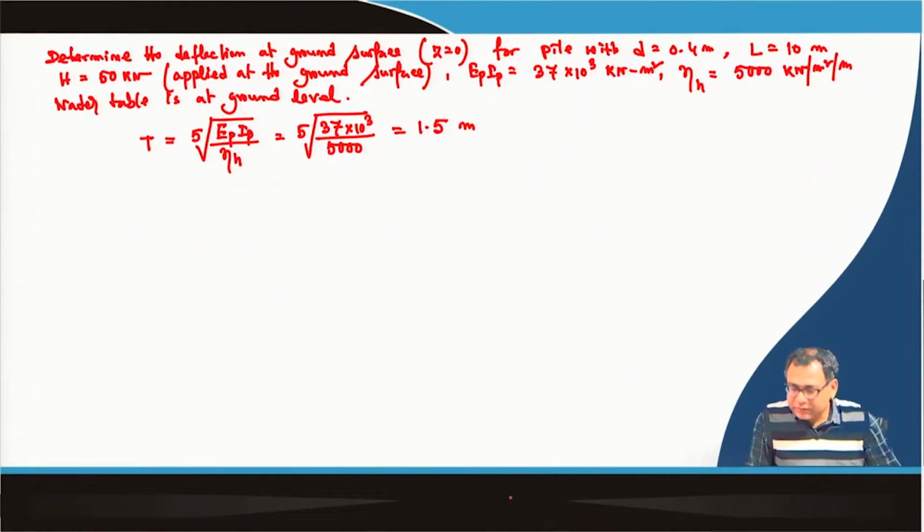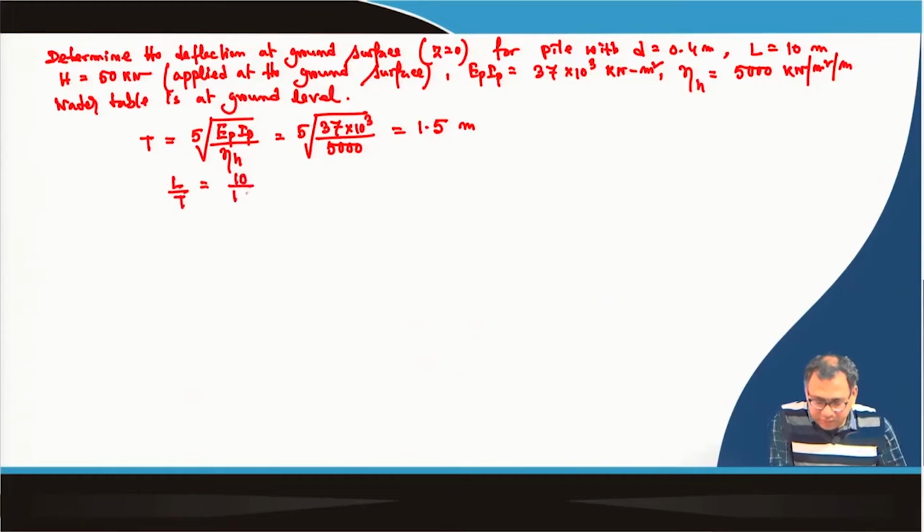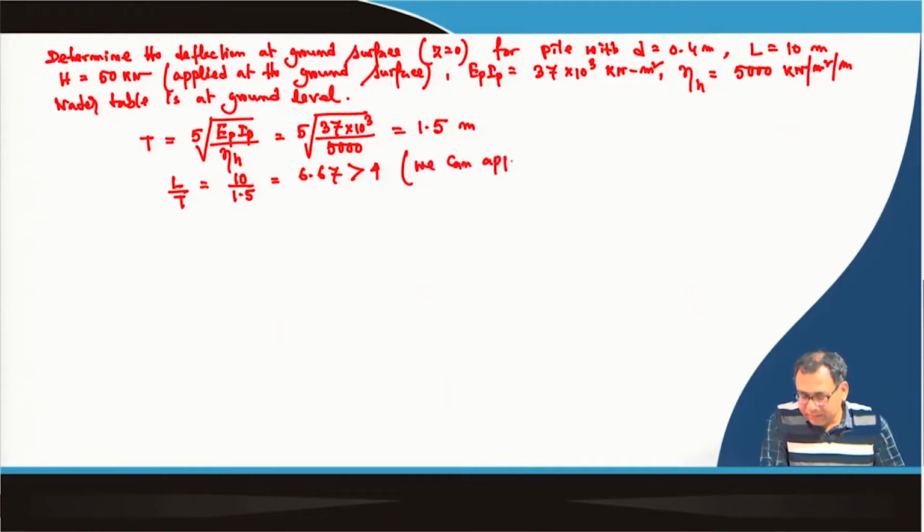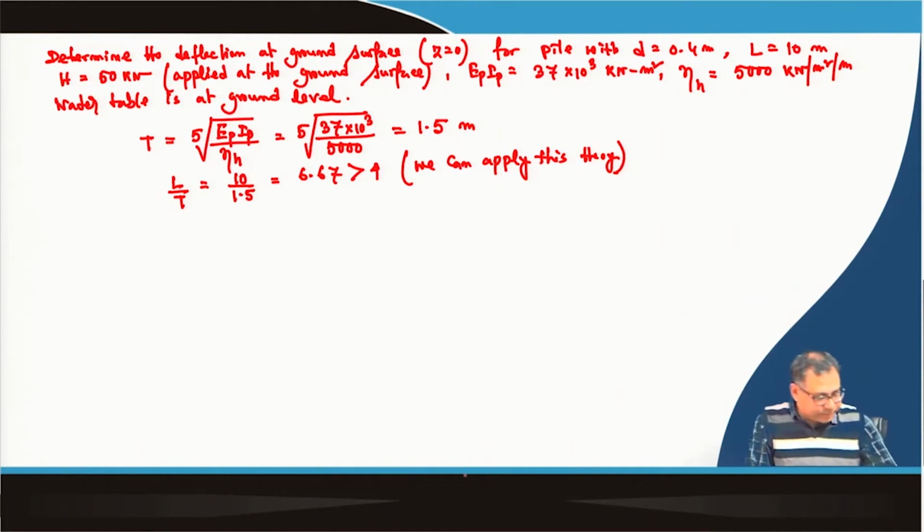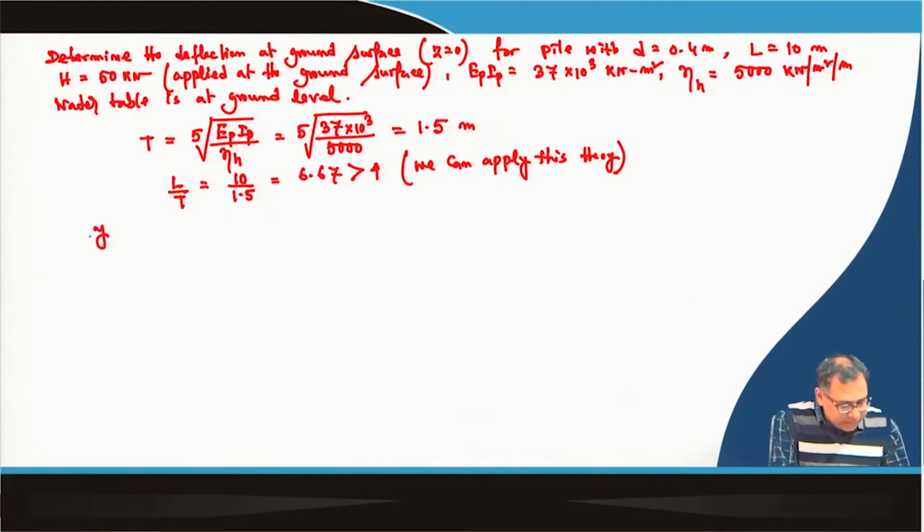Okay. So, this is 1.5 meter. Now, L by T which is 10 divided by 1.5. So, which is 6.67 which is greater than 4. So, we can apply this theory, because we can apply this theory. So, now the deflection for free headed pile